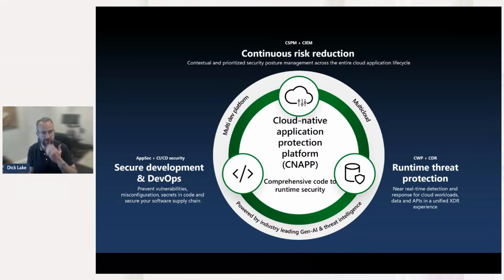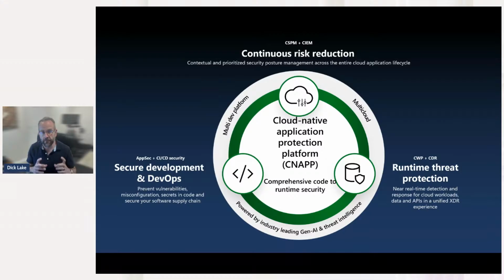Let's quickly dive in. Posture management. We're going to help you identify any misconfigurations or security risks that show up in your environment. And we'll see an example of some things in a minute in the portal. Cloud workload protections. We will help you protect your servers, your containers, your storage, your databases, and other workloads, be it if they are in Azure, if they're on premises, or if they're in AWS or GCP. And then that last component,